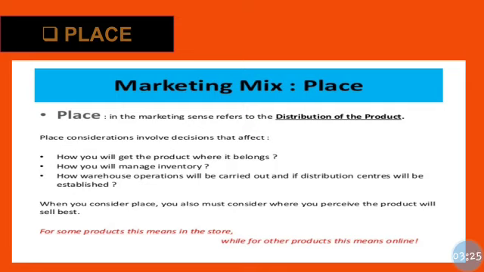Only making a right product at the right place is not enough at all. There is always a need to make the product available to potential customers. Business needs to distribute the product in a place from where buyer can buy the product, and for this proper channel of distribution is essential. Better the chain of distribution, higher the coverage of the product in the market. So for some products this means in the store and for some it will be through online.